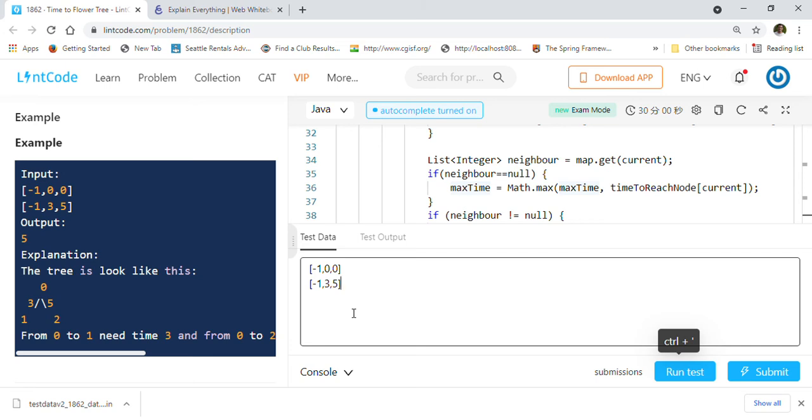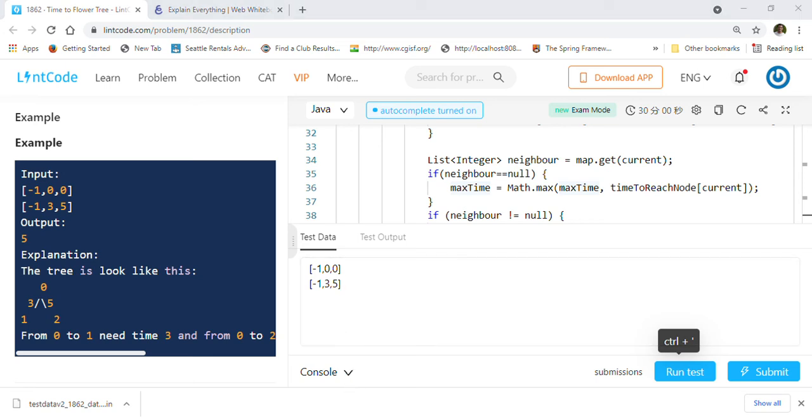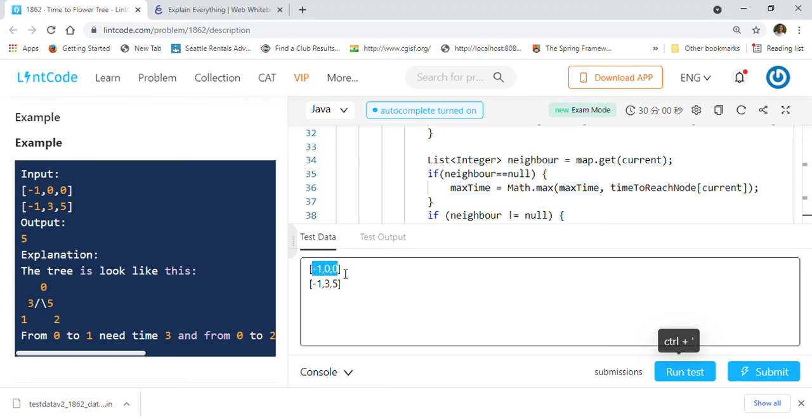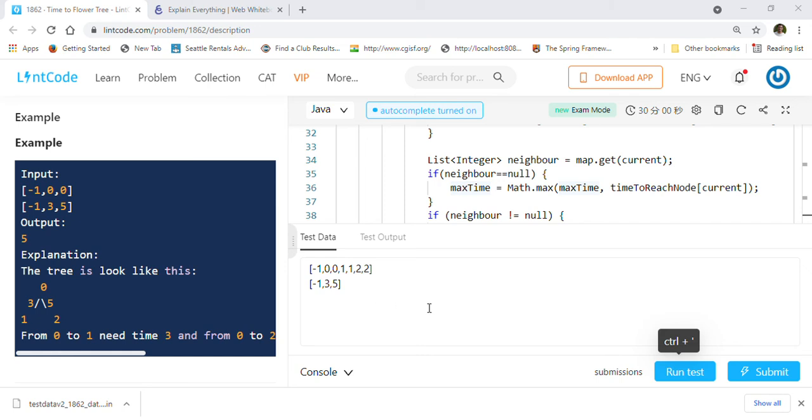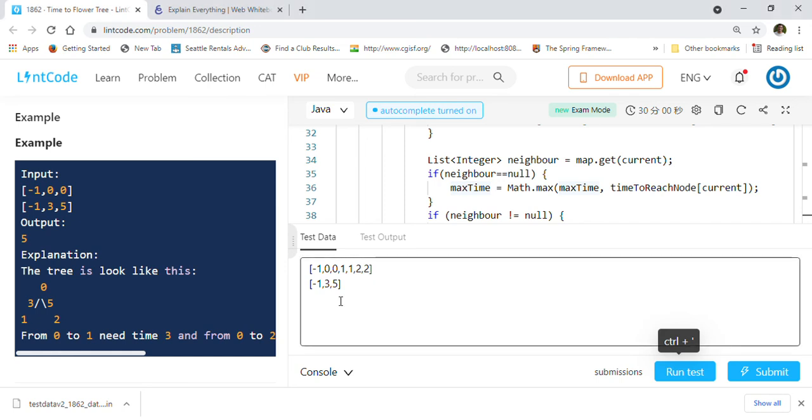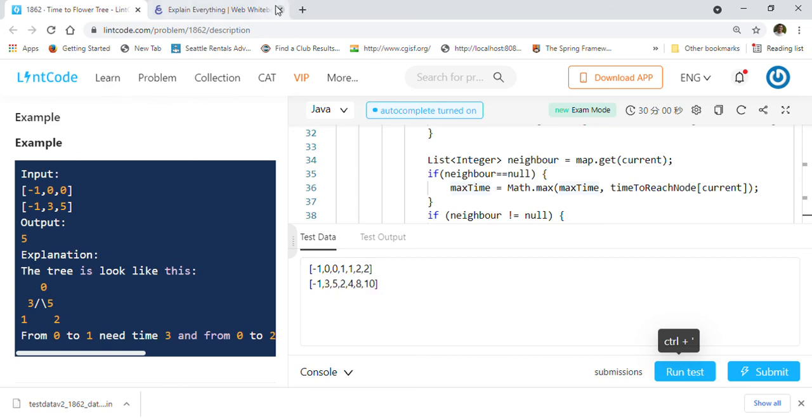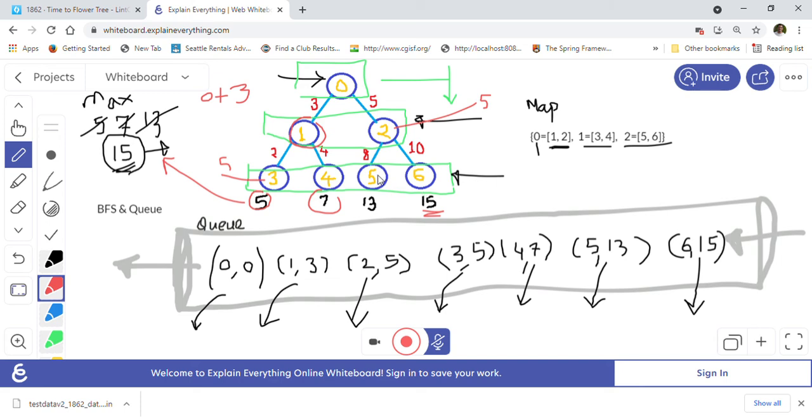So apart from that, we can try some other example as well. So let me make one example, the one that we have just seen, right? So we will just take that example over here. I'll just update this so we can run that example here quickly. So this is the example right here.